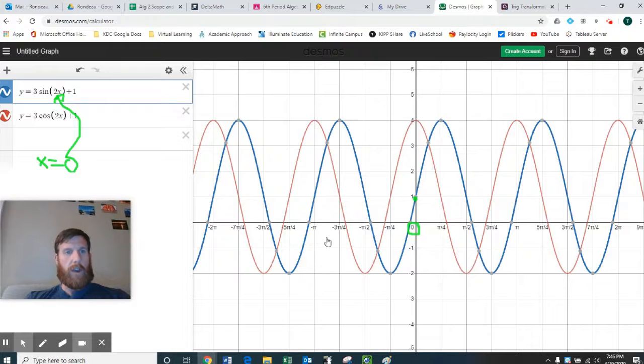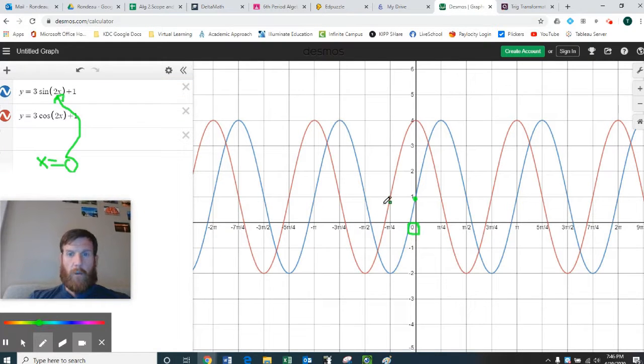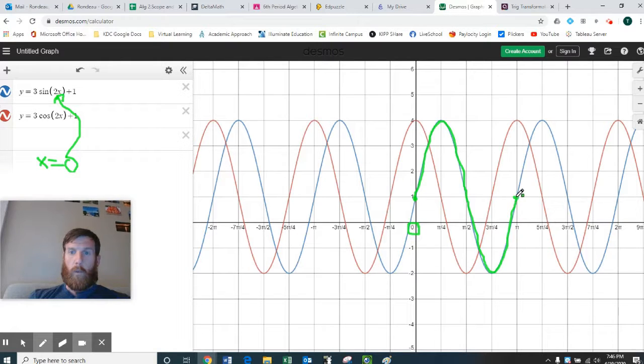Then it starts going up. If I trace this graph, we can see that it goes up to the maximum, back down to the midline, down to the minimum, and back up to the midline. And when does it go through that whole cycle? It takes pi. And then if you were to keep going, it's going to repeat itself infinite times. How many times will it repeat itself within this distance of 2 pi? It just went through 2 full cycles in 2 pi,